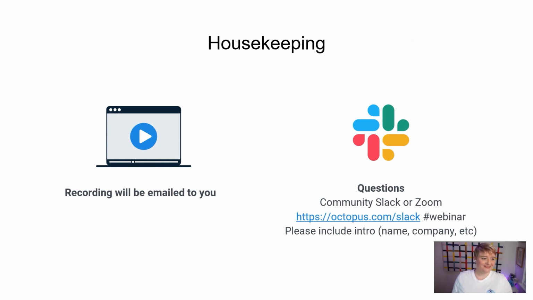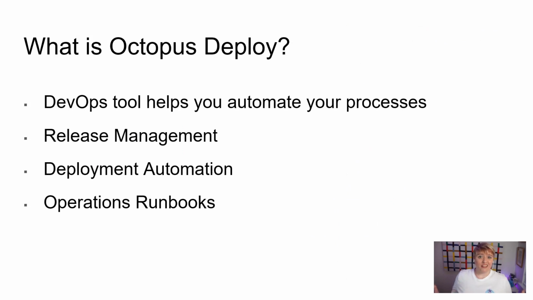Awesome. Thank you, Derek. So as Derek said, we're going to be talking about getting started with Octopus Deploy. So I just wanted to give us a brief overview and make sure we're all on the same page and being able to understand what Octopus Deploy is. Now, if we're oversimplifying what Octopus Deploy does, it's basically a DevOps tool that helps you automate your processes. However, if we dive into some of the detail and some of the features of Octopus Deploy, we can narrow them down to 3 key areas.